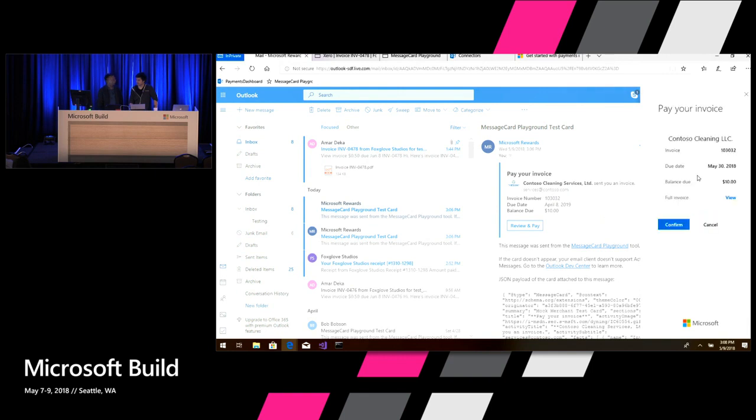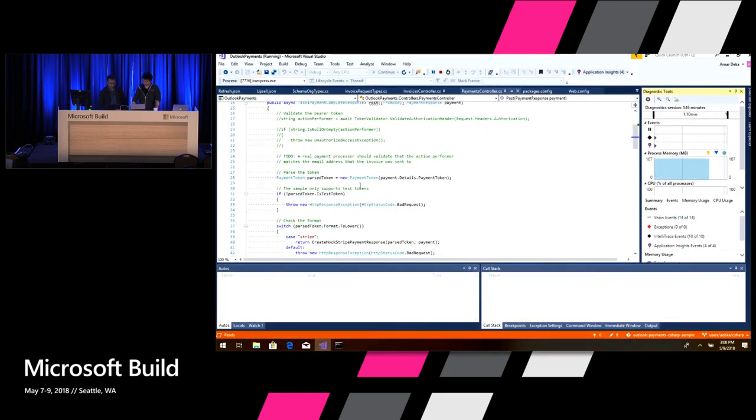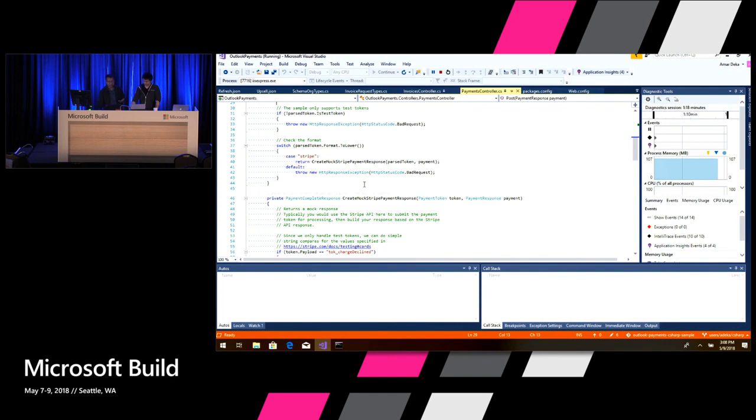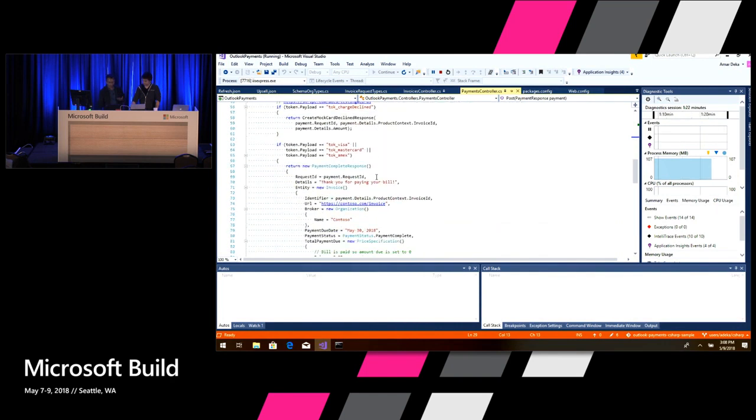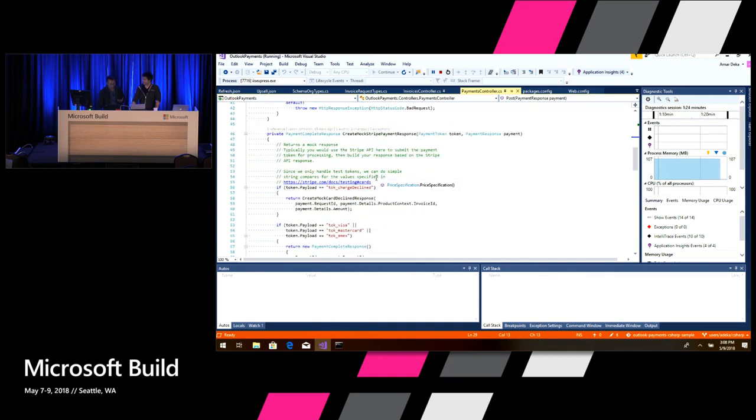Yes, it's working. The first thing it does is make a call to the payment request webhook endpoint, which is the invoices in this case, and the invoices call will return the valid payment response with the information about the invoice.